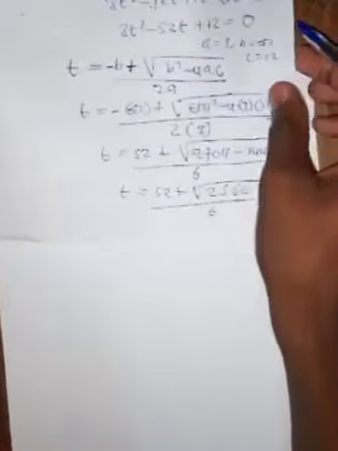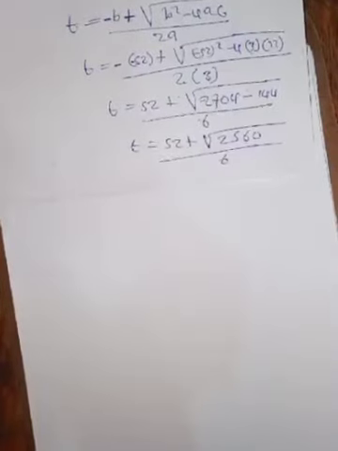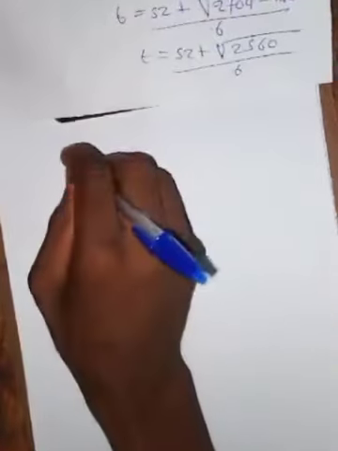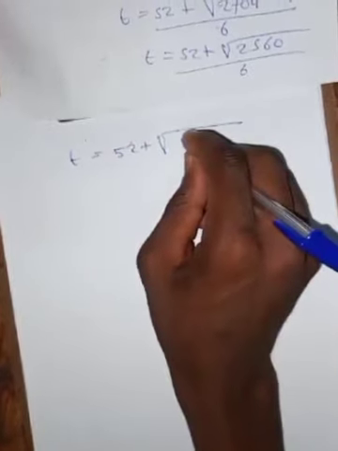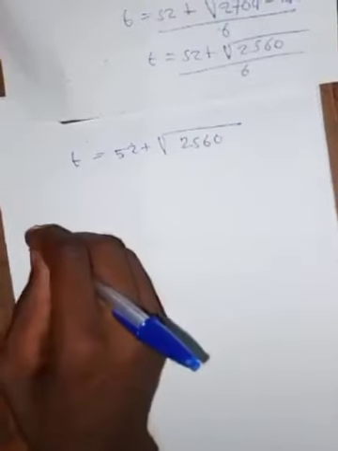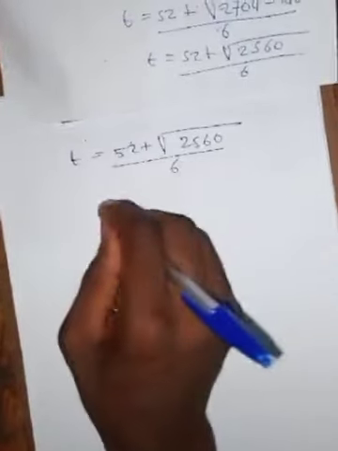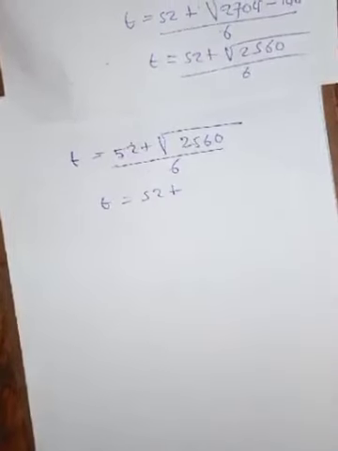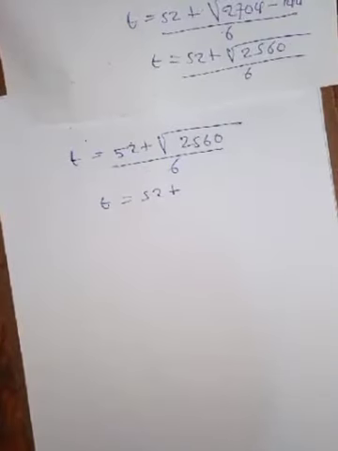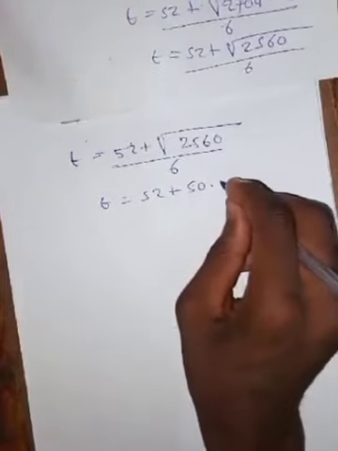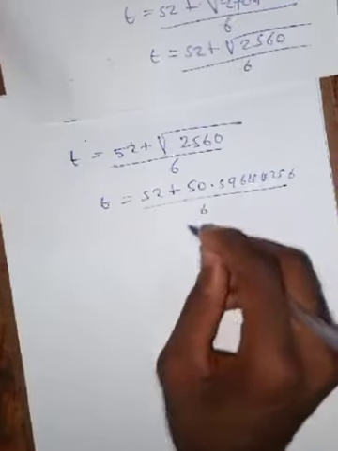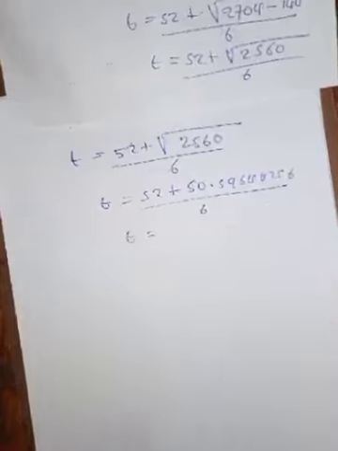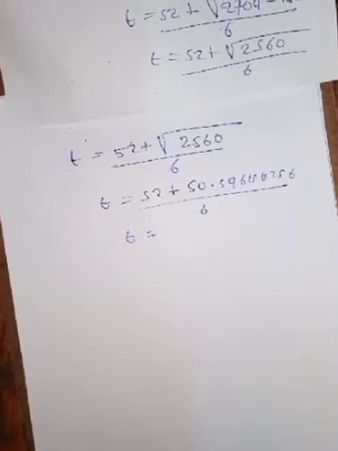So we have t is equal to 52 plus square root of 2,560 over 6. t is equal to 52 plus square root of this answer, which is 50.5964426 over 6. So t is equal to, when we add the 52, we are going to get,